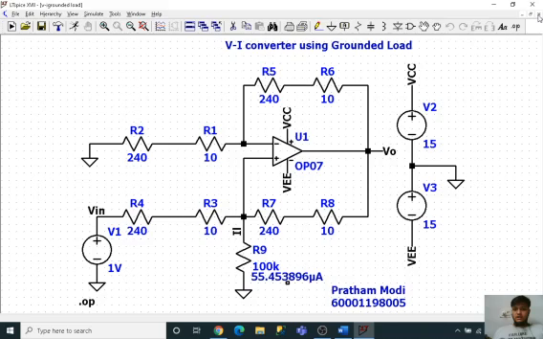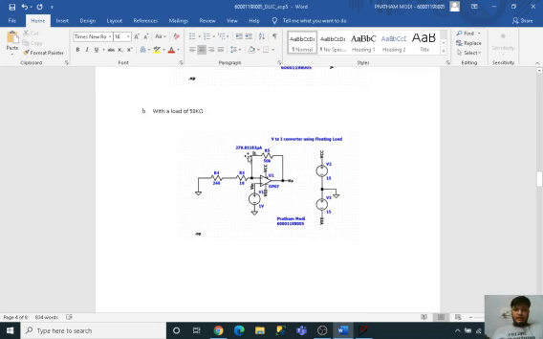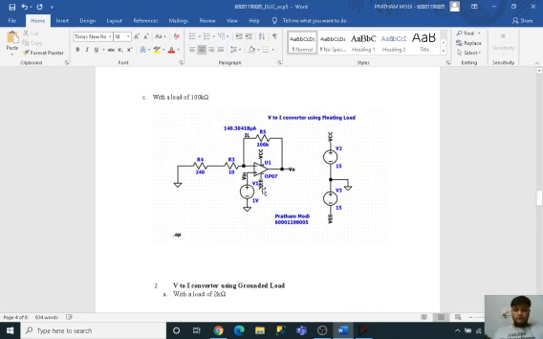So now let me take you across what happens if I connect a load resistance of 2 kilo ohms. If my resistance RL is 2 kilo ohms over here, then I get the output as 4 milliamps. What if I connect 50 kilo ohms? I get my output as 279 microamperes. So likewise, if you can see, the value of current drastically changes the moment the load is increased over here. So this was all about floating load.